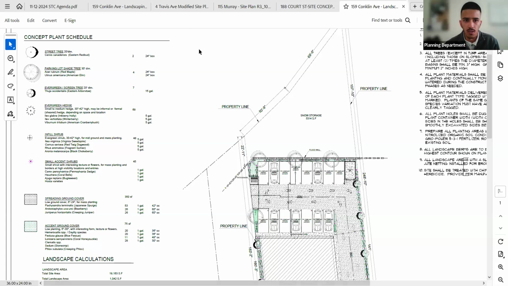Right now they need about 29 spaces just for the commercial use and the units they're going to put in, and they're only providing about 15 as is.